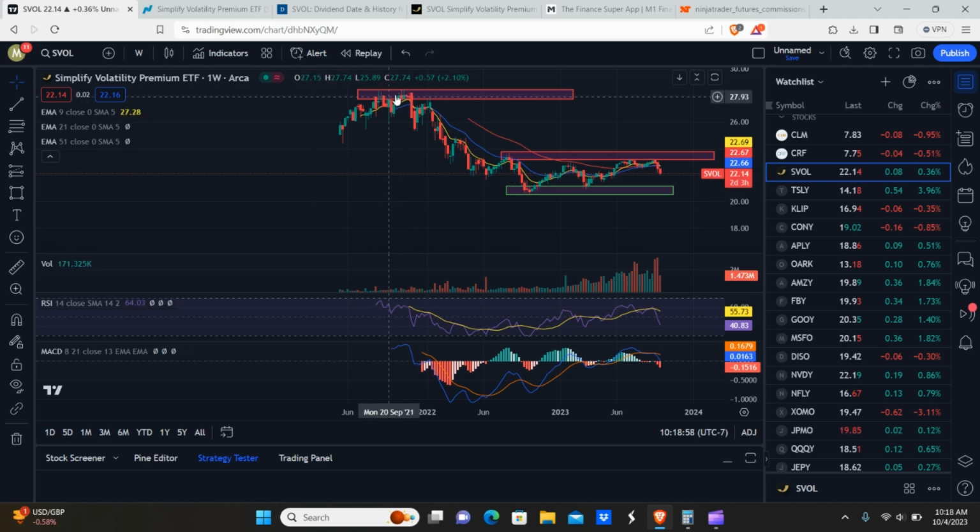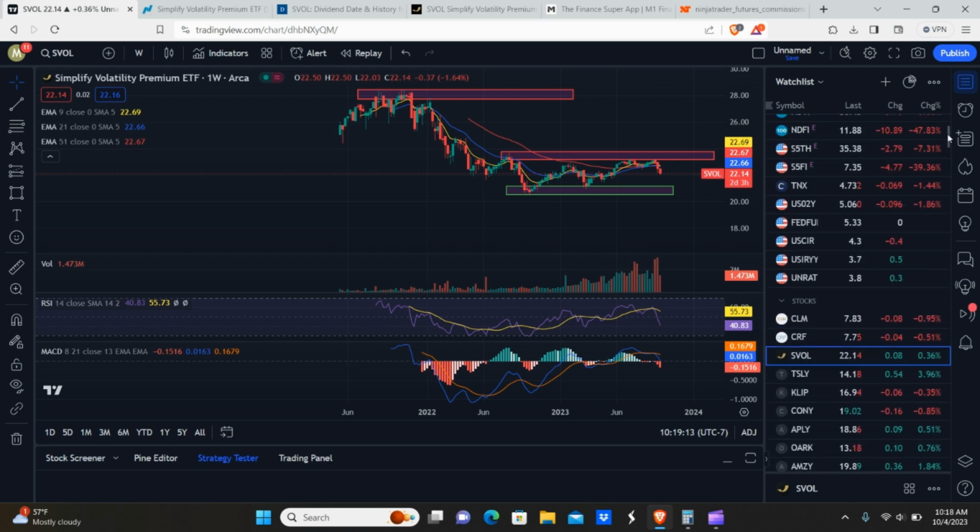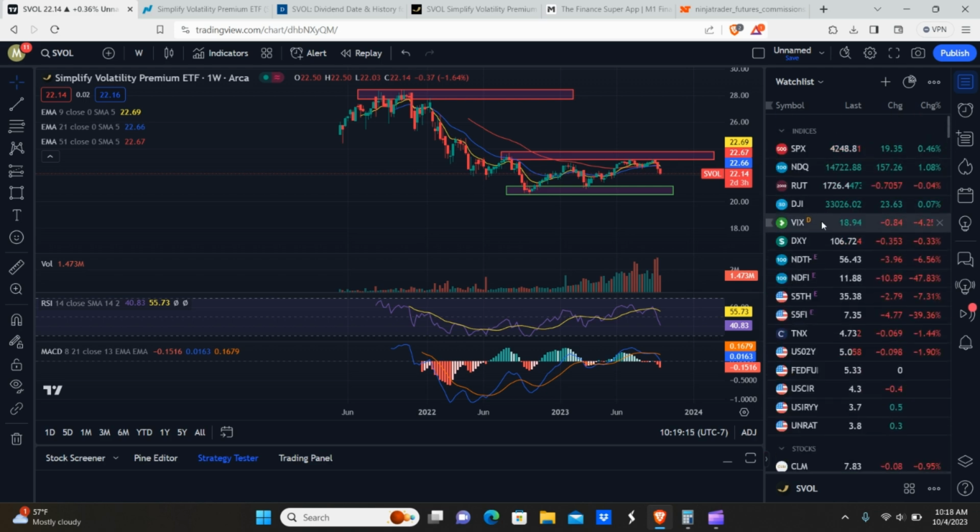yet. So you guys might be looking at the chart and saying, oh, well, there's not really any price stability here. I mean, look at the price. It dropped massively. Well, you have to understand when the Fed's raising rates, the VIX, so we'll take a look at the underlying asset here, which is the VIX futures, usually spikes up. And when the VIX future spikes up, the SVOL price is going to decrease because there's generally an inverse correlation